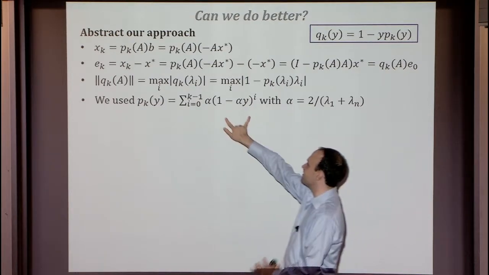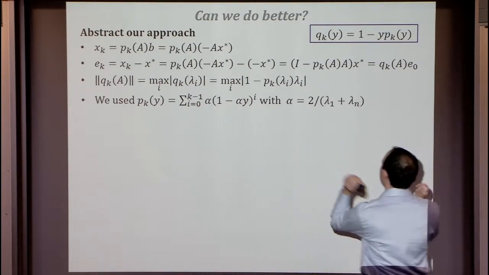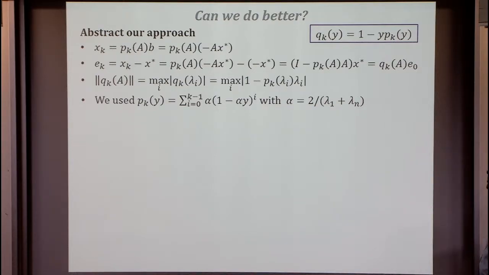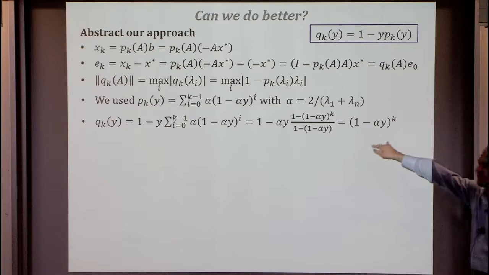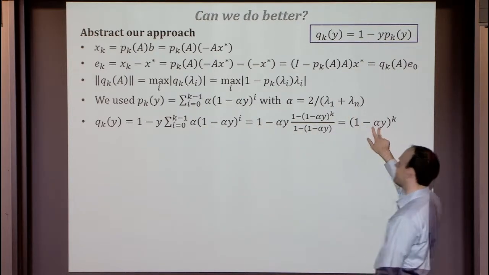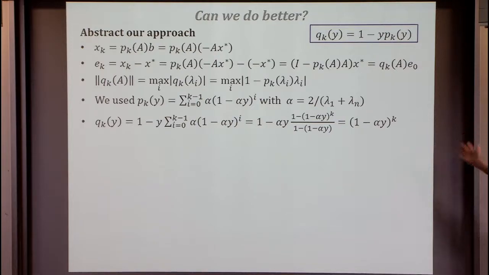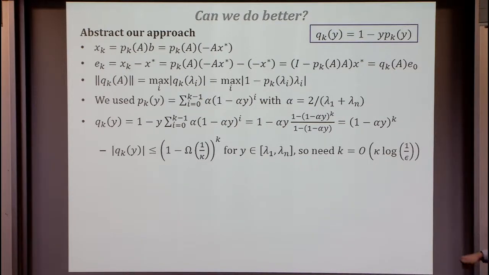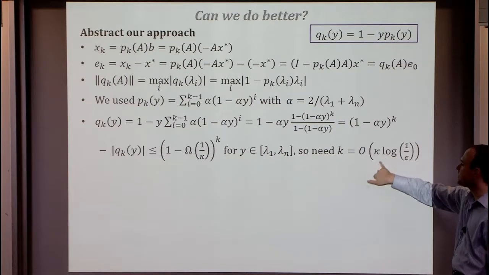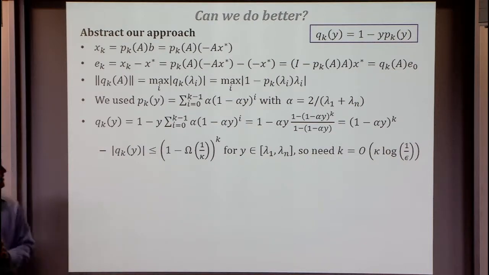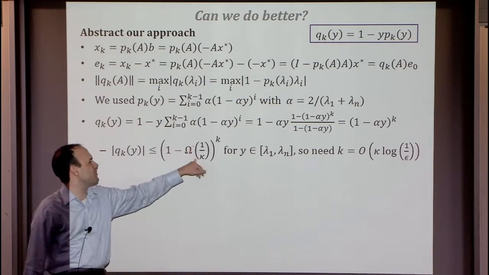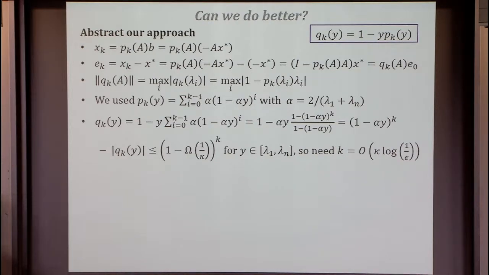Right, so all I did is just a Taylor series. Okay, so now the question is, can we really do better? One more assertion. Once we wrote that out, what did we get as our error? If you just take your polynomial and multiply it out, you get the next term in the Taylor series as your error. That's exactly this (1 - αy)^k, which was the thing that needed κ iterations. So we're Taylor expanding around this α in the middle. Your polynomial is then (1 - ω/κ), and you have to raise it to that power to get something good. Any questions?